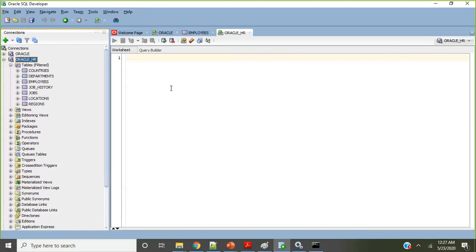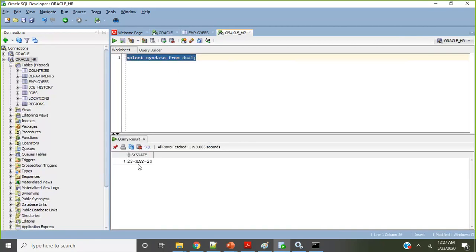So I'm going to show you a few SQL queries just to make sure it's working fine, and it will also give you a jump start. Let's find out the system date. It's very simple. You can write select sysdate from dual. Dual is an already existing table, a global table I believe, and just run it. It will give you the current date. So it's good. So what does it contain? It contains some values.